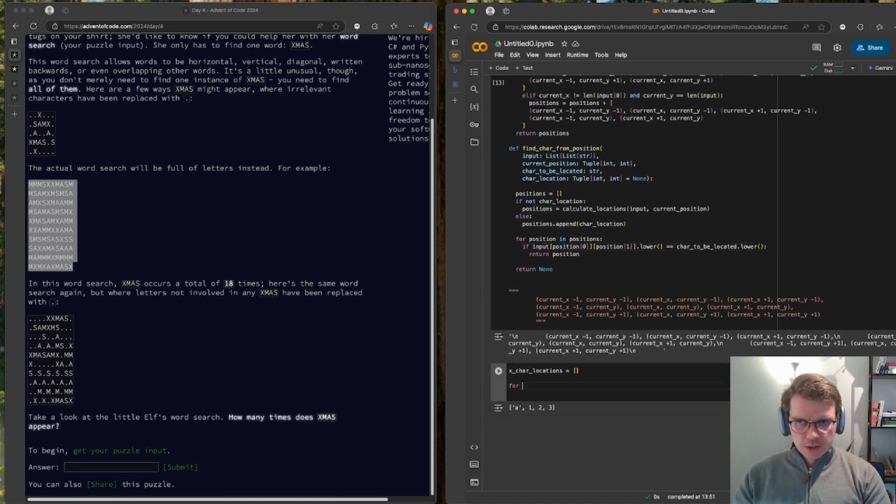So basically now we just go through the char in input. If char dot lower equals x,